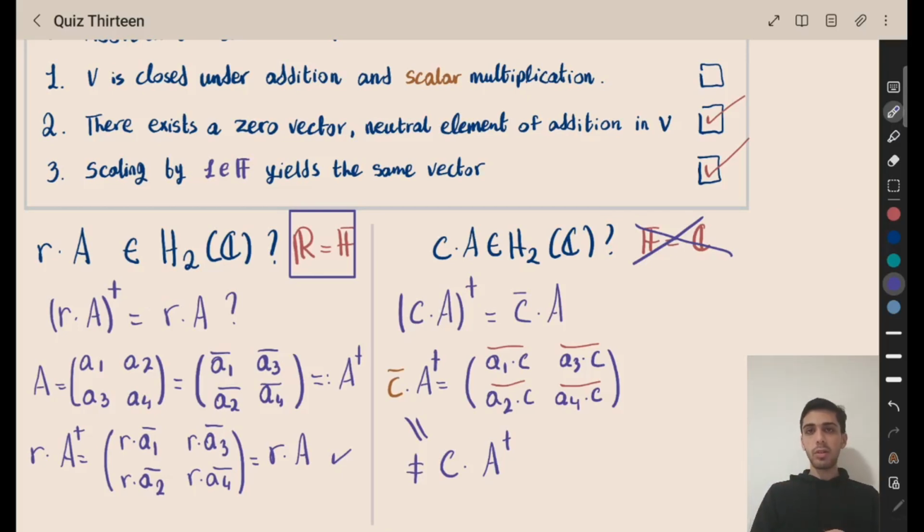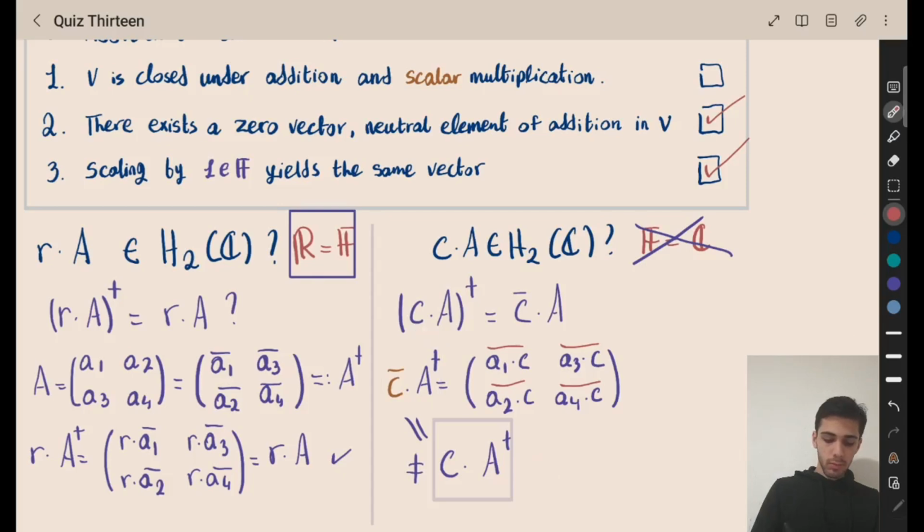The key word really here is just complex conjugation. If you know what complex conjugation is and you notice this very specific property, then you'll see immediately that this is not equal to that, and if this is not equal to that, and this is equal to that,